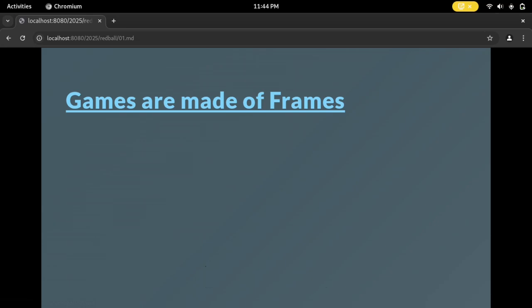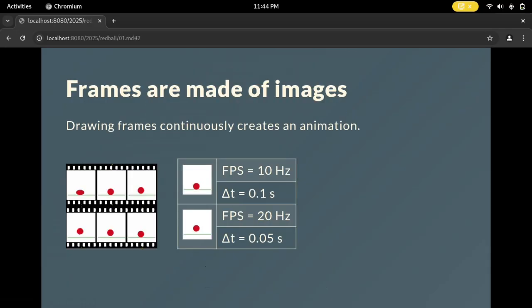Now, what are frames, you may ask? So frames are nothing but slices of an animation. When you draw frames continuously, it creates the effect of an animation. As you can see, here we have 6 frames, which together create this bouncing ball animation. And in this case, each frame is a distinct image that defines the current position of the ball, and when